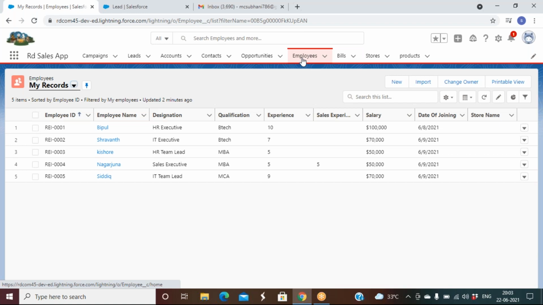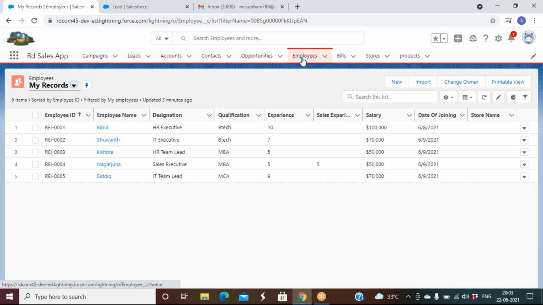So you can do it from the data import wizard or dataloader.io. On an existing record, using a record ID, while we update a record, we can include the field called ID. We give the ID details and ask the system to update. That is one way. While doing so, we have to give the record ID.